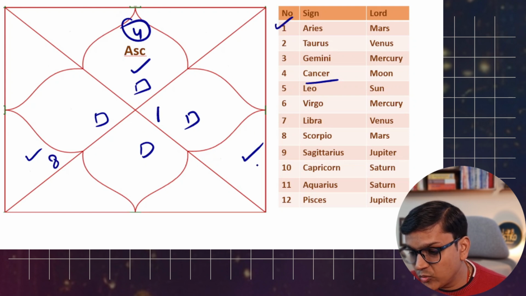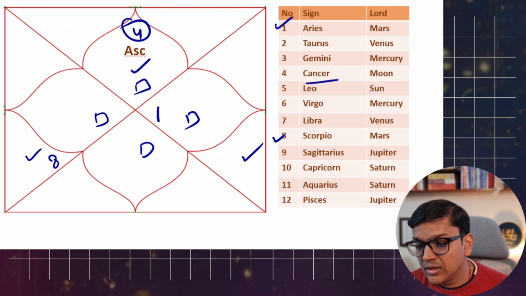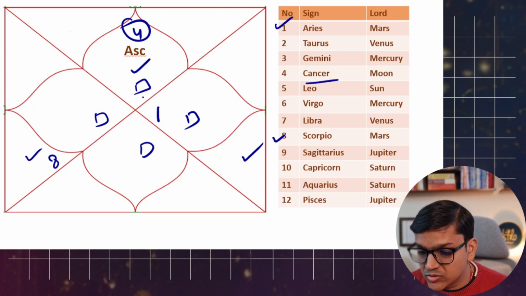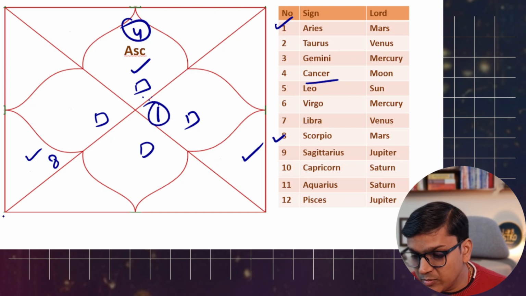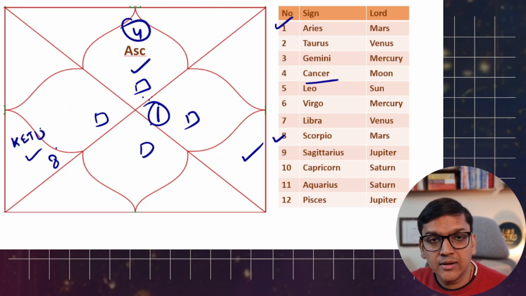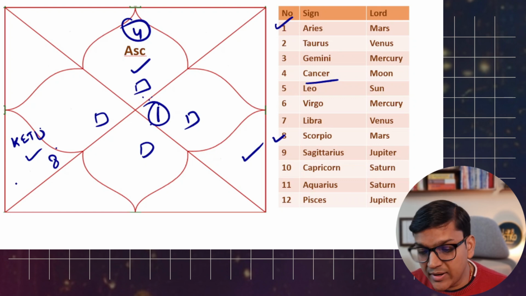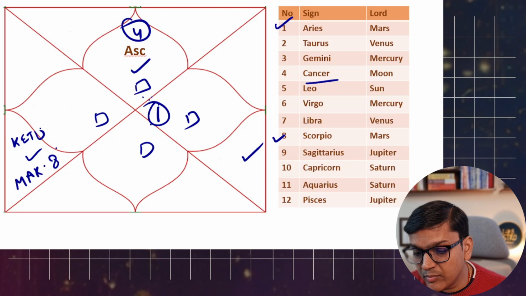If you see number 1 and number 8, this is ruled by planet Mars. So this particular ascendant has Mars as a Yoga Karaka planet. So here Mars will be a Yoga Karaka planet. So suppose Ketu is sitting in the 5th house. So here it is sitting in a horoscope where Mars is a Yoga Karaka planet, and suppose it's conjugating with planet Mars.